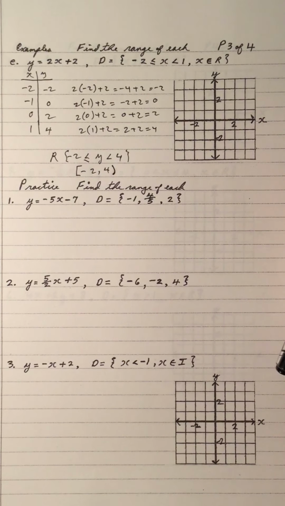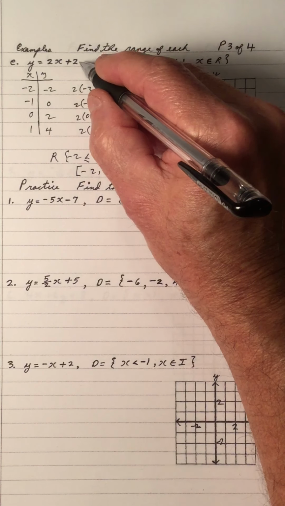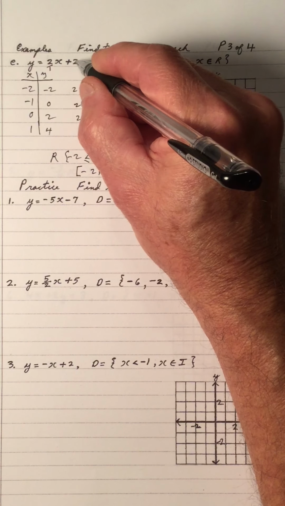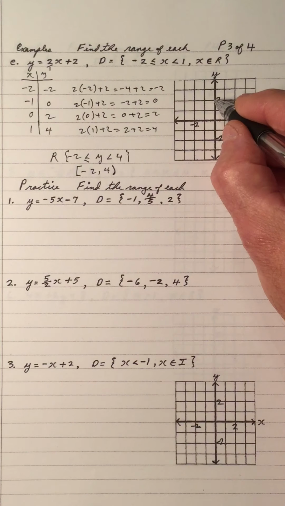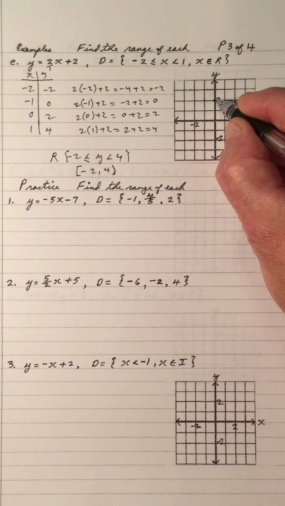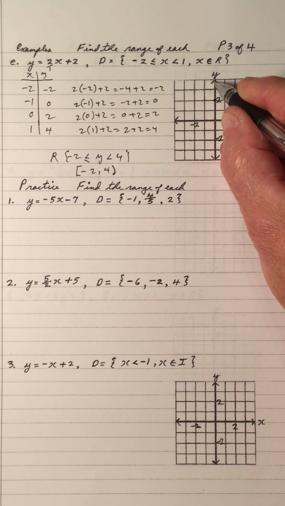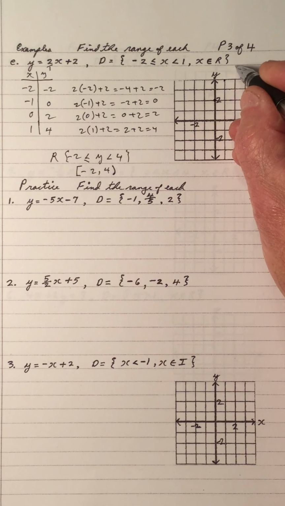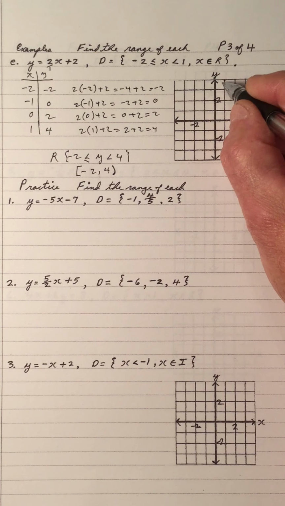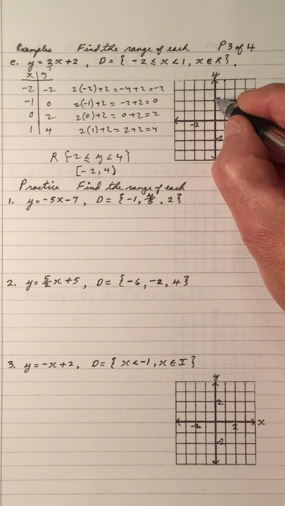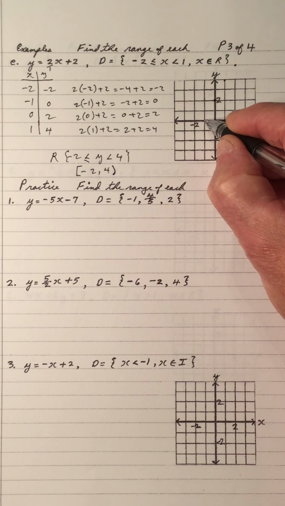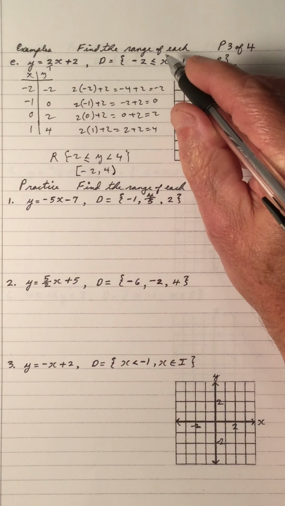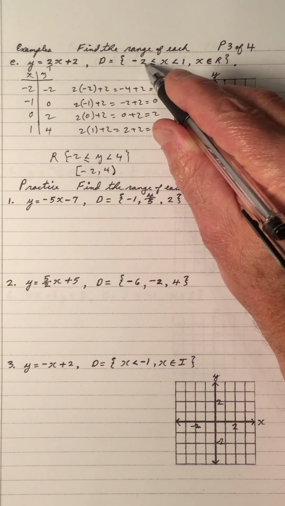And let's look at the graph of that. We have a graph where the slope is 2 over 1, the y-intercept is 2. So the y-intercept is 2, there. And the slope is up 2, right 1. There's another point. And we can go up 2, right 1 again if we want to do that. Or instead of going up 2, right 1, we can go down 2, left 1. So these are the points that lie on this line. But we're only looking at the interval between x's